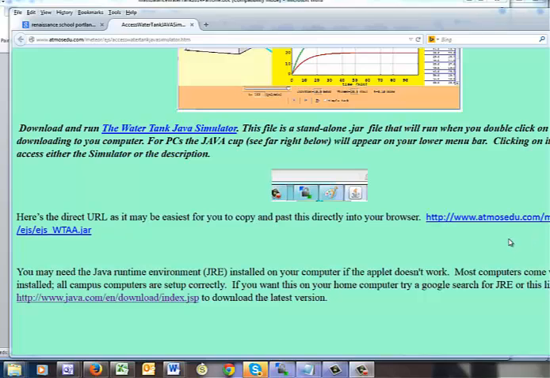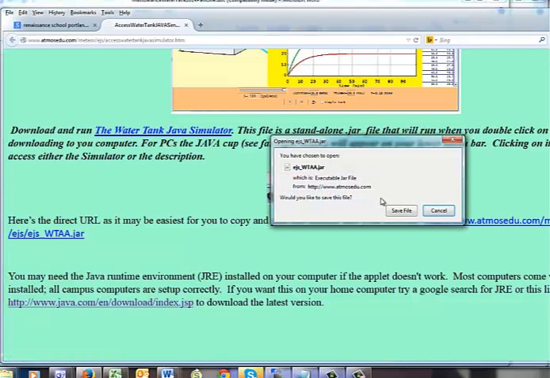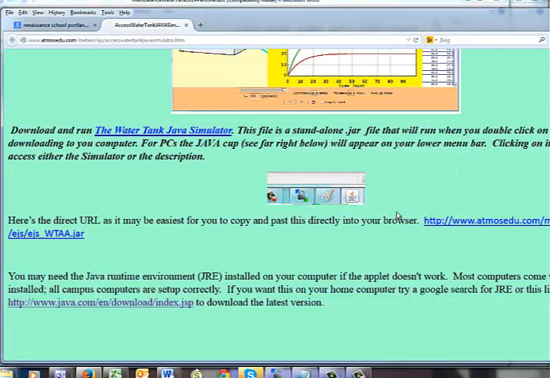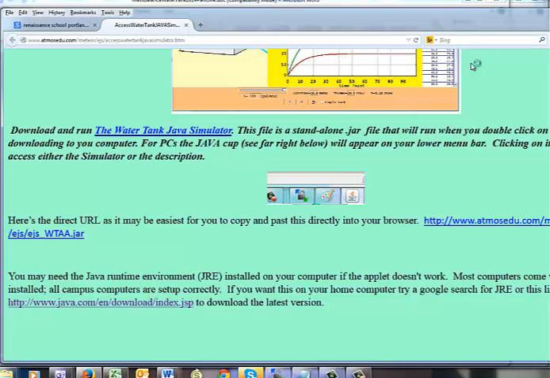Here I'll give you a brief introduction to the water tank simulator environment. You access this URL from the assignment sheet, and I'll also include this in the description of this YouTube video. But we can click on this and save the file. It's a Java jar file. And then when it downloads, we can go up to the file and just click on it, and it should